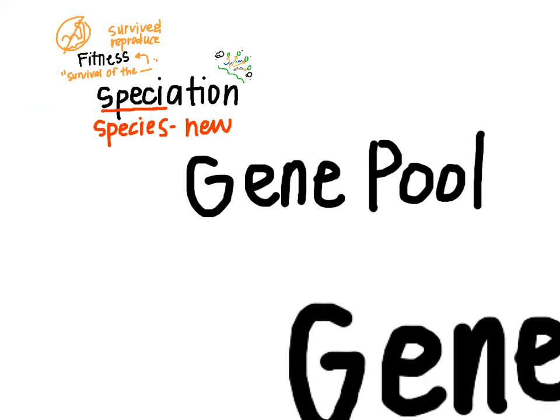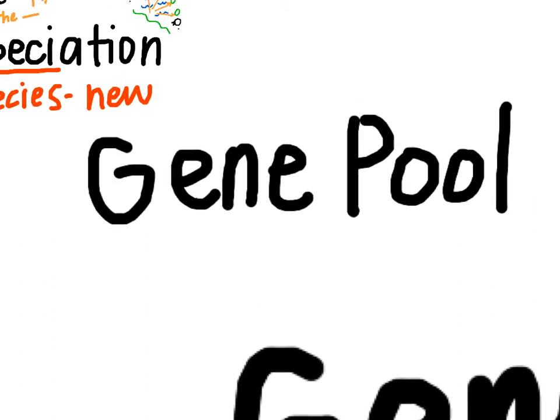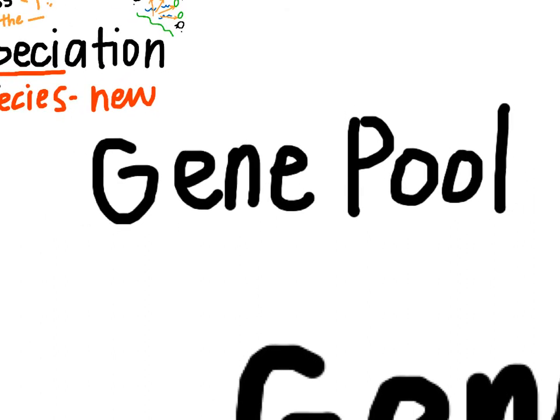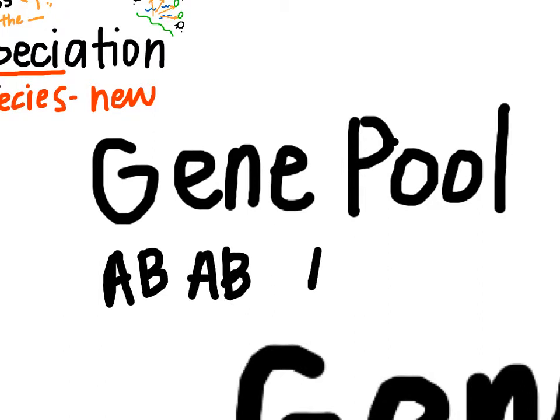Okay, our next word is going to be gene pool, and gene pool is basically the idea that you can only combine genes of organisms that live near each other. So let's say that we're looking at an isolated population of people, and all of them have blood type AB. So here's these 3 individuals. Now, no matter how you cross them, you're only going to get combinations of A's and B's. And so their offspring might have type